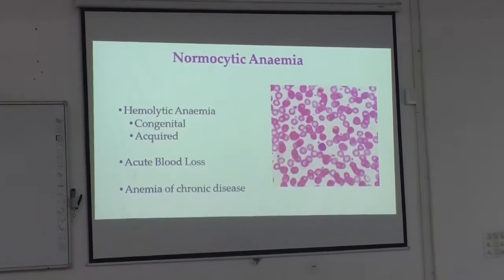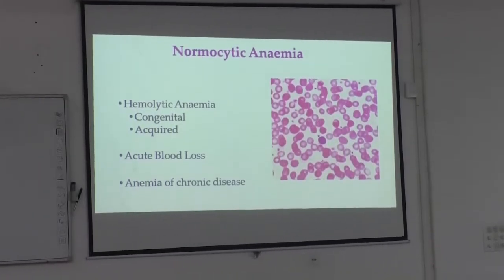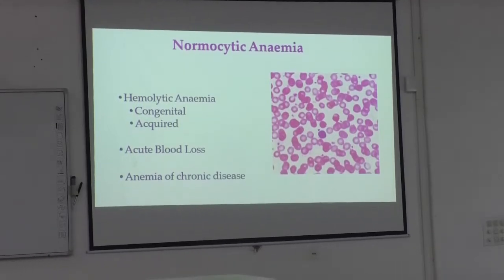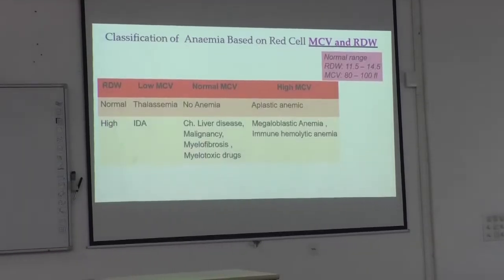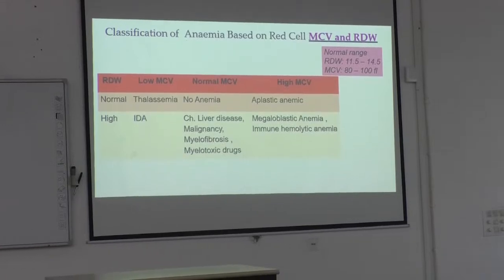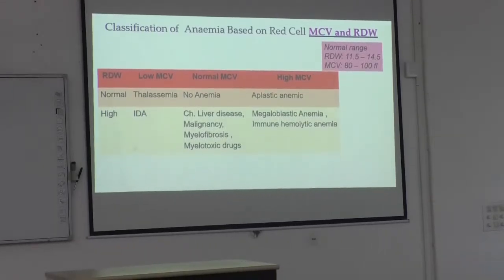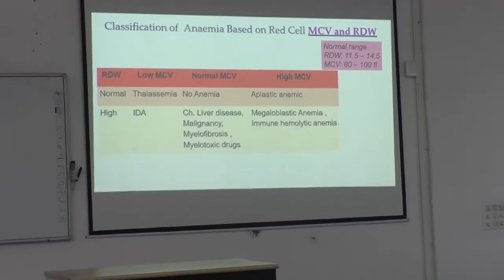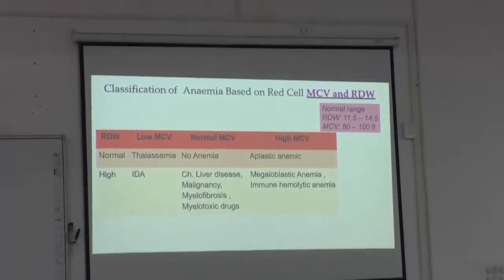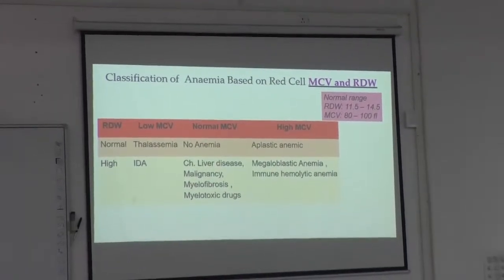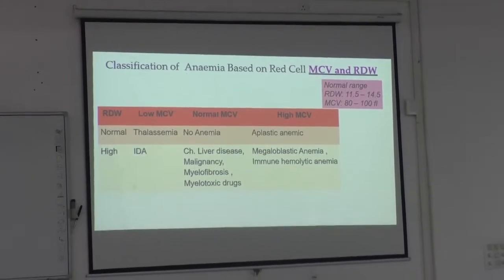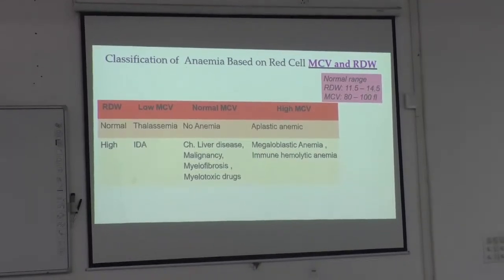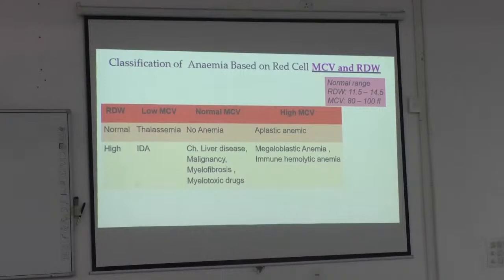Normocytic anemia happens in acute blood loss or hemolytic anemia or chronic disease. So this is a very important slide. We test, in the OPD also, OPD diagnosis of anemia. This is another presentation. By seeing the blood picture, you can diagnose whether this is 2 or 3 parameters. One is the MCV, MCH,